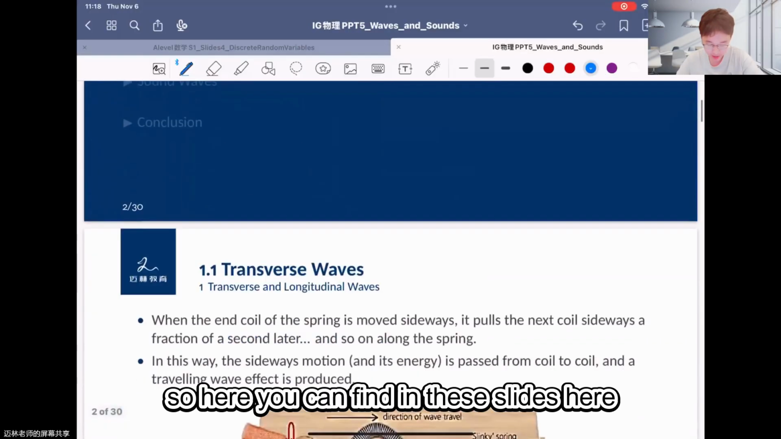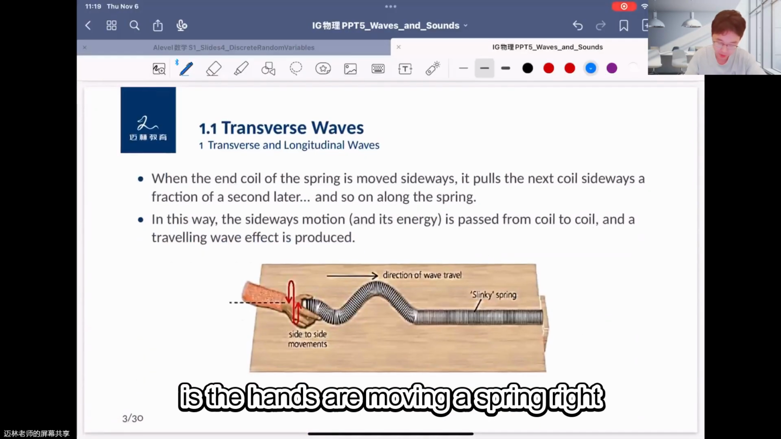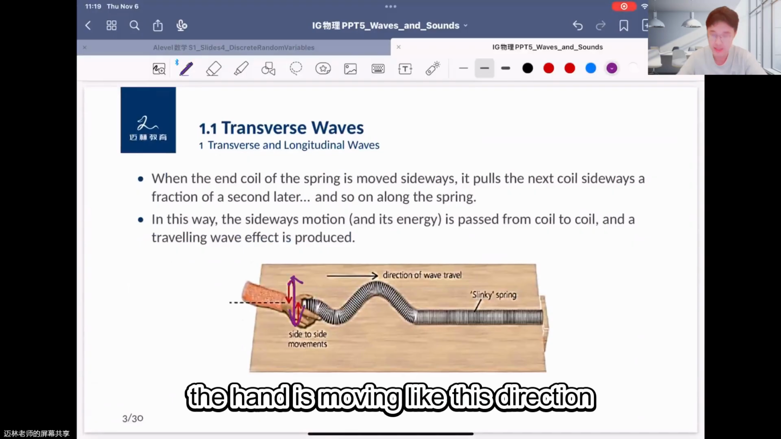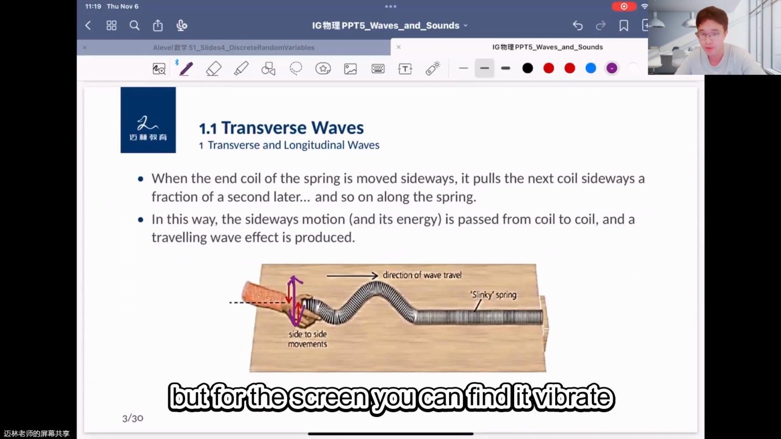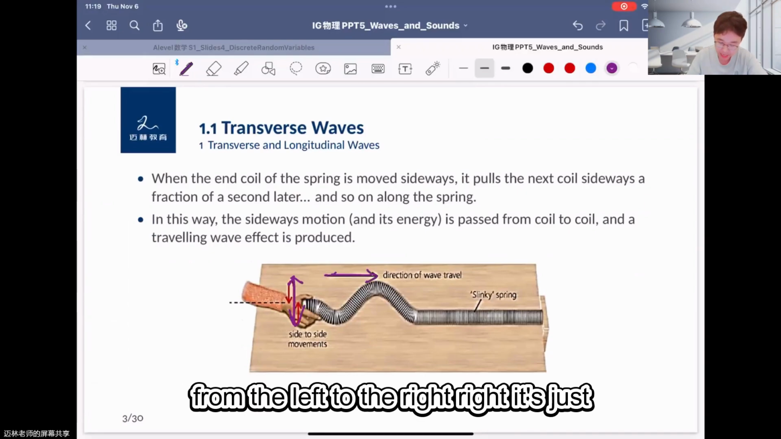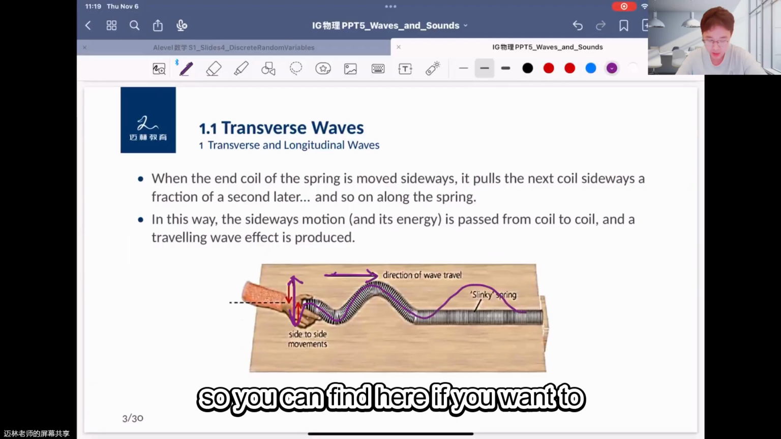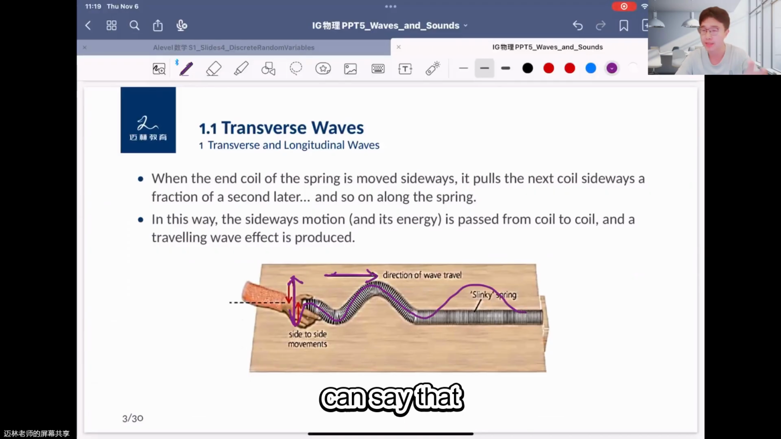So here you can find in these slides, a hand is moving a spring, right? And you can find the hand is moving just upwards and downwards. But for the spring, you can find it vibrates from the left to the right. It's just like a sine function this way, right? So if you want to describe the property for this wave, you can say that